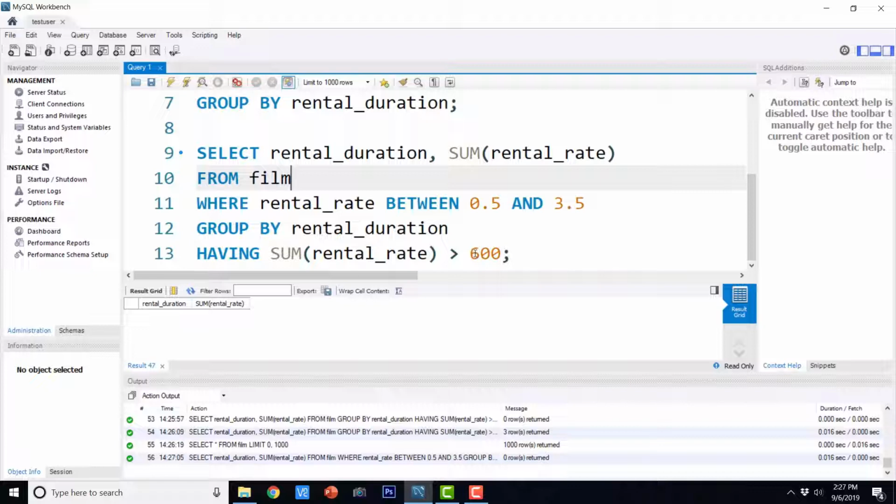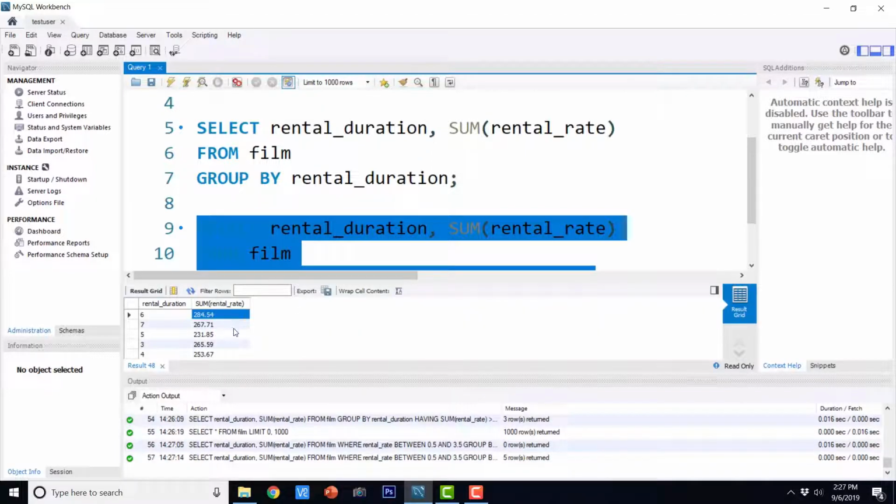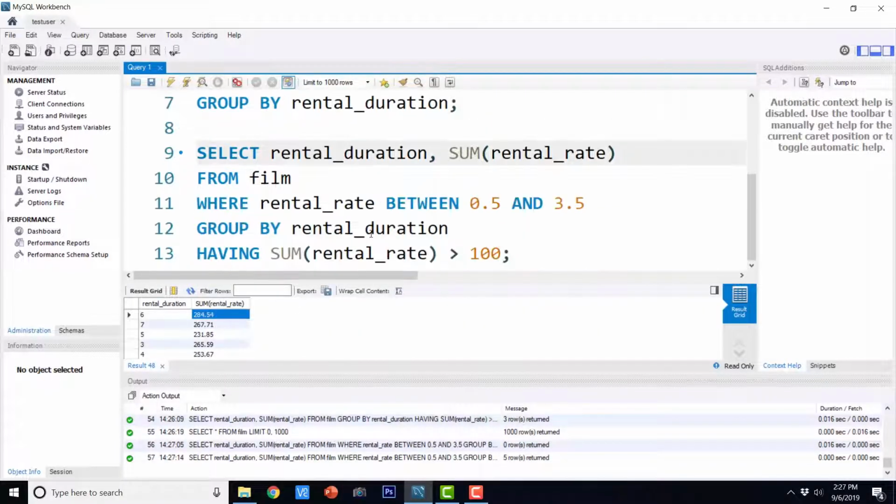Now I guess 600 is too much, so I'm just going to say 100 and it should definitely show me a few records. Here we can see that the rental rate is between 0.5 and 3.5, and then it is creating the groups according to the rental duration, and then we are filtering out the groups with the condition sum of rental rate is greater than 100.